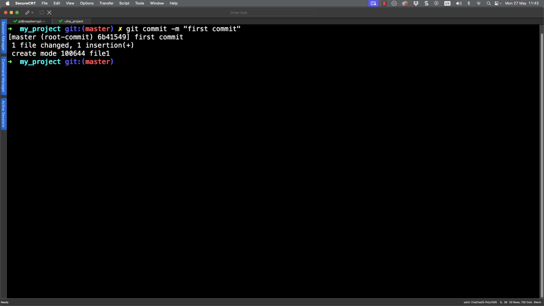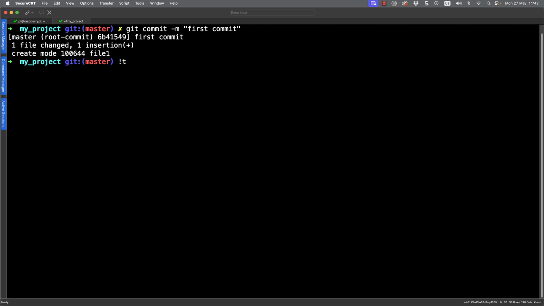But we also sometimes don't pay attention to the return screen here. When we take a look at it, we were in master, so we've committed back to the master. The root commit is showing that this is the first commit ever within the repository, so there is no parent commit. We can see the 6b41 etc. being the first characters of our SHA for the commit, and we can see then our commit message.